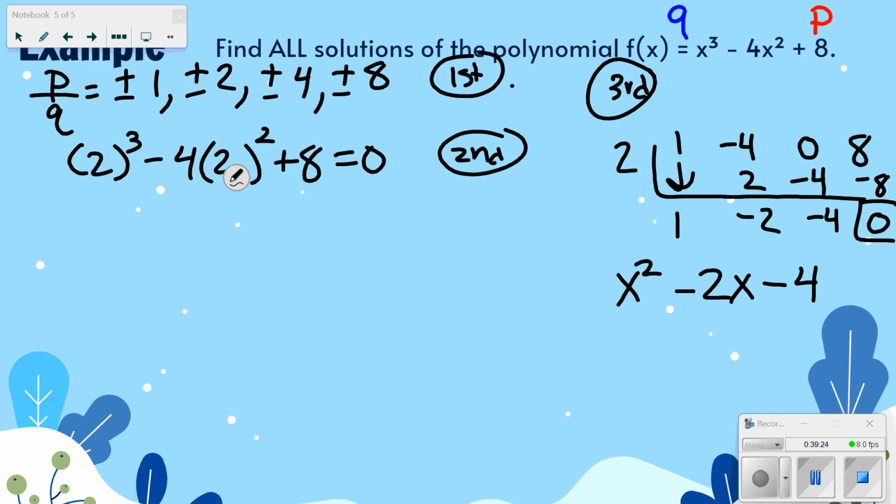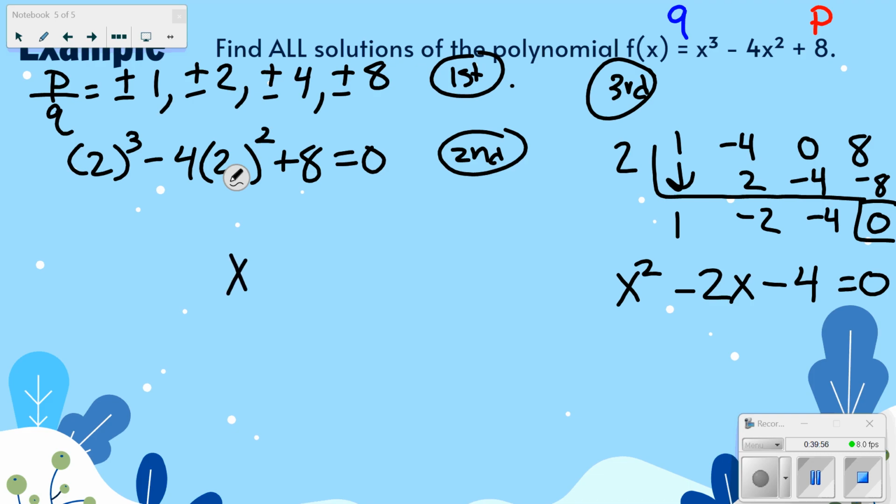And now we have a quadratic that we're solving. So what's my first question when solving a quadratic? Can we factor? Does something multiply to -4 and add to -2? No, right? Because what multiplies to -4? +2, -2, that would have to add up to 0. So what do I do if I can't factor? Quadratic formula. Yes, so solving from here,